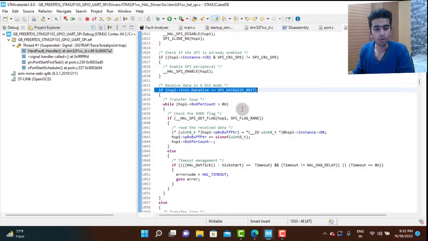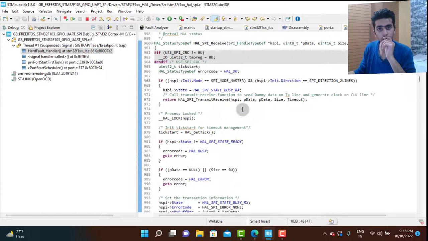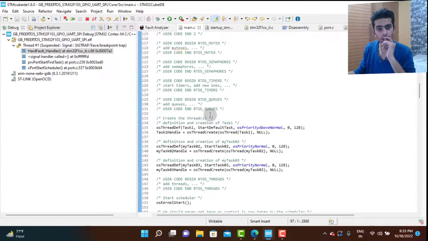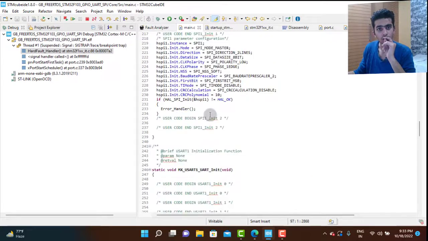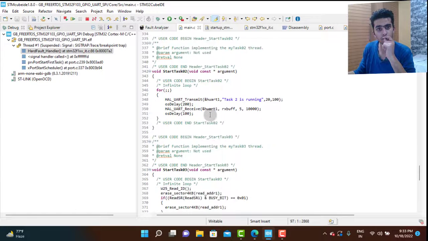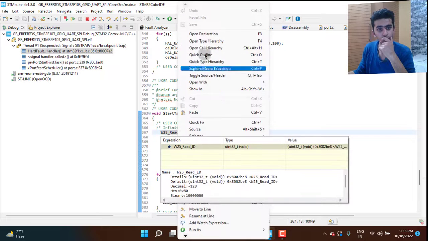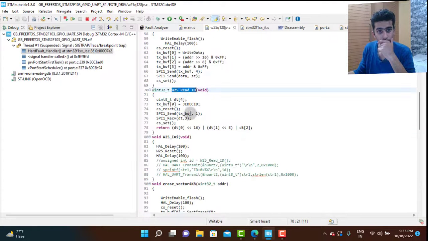Okay, so now you will get an idea that there is something in relation because of which inside my HAL SPI receive function, my hard fault handler is being invoked. So now if you go to your main.c code and trace it back, I am using SPI in my task 3, so it is certain that the hard fault handler will be there in task 3 only. And now if you go to its first function, read ID,